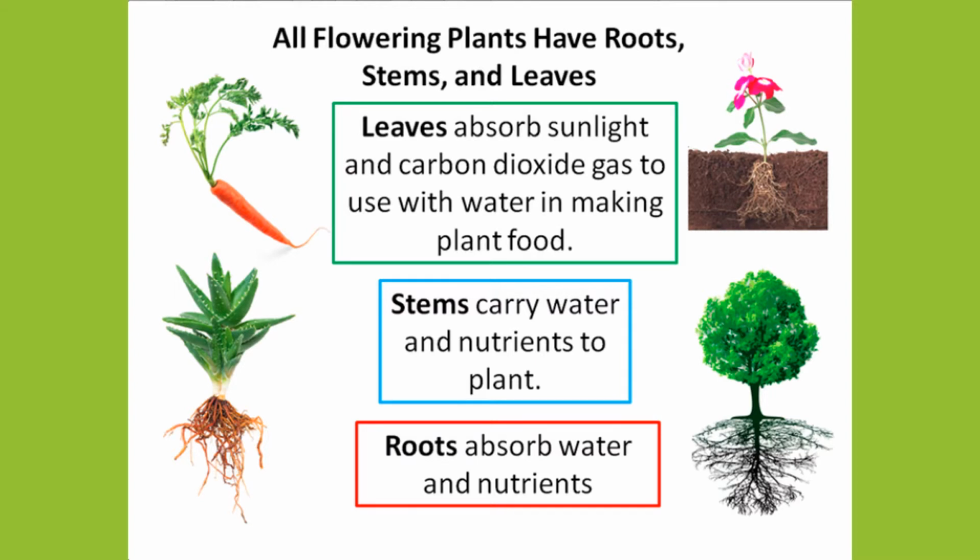Roots secure a plant and absorb water and nutrients from the soil. Stems of plants carry water to the other parts of the plant, and leaves absorb and use sunlight for energy. Three basic structures are common to most plants: a root system to absorb water and nutrients from the soil, stems with tubes to carry water to the rest of the plant, and leaves to absorb and use sunlight to make